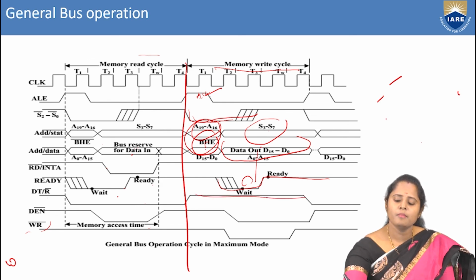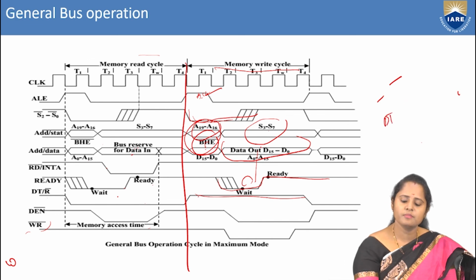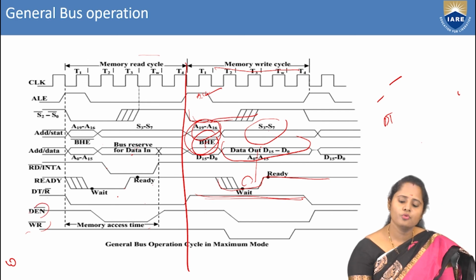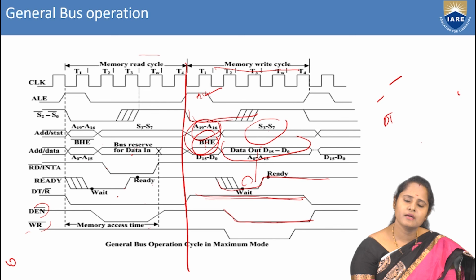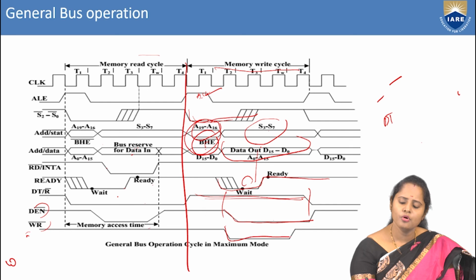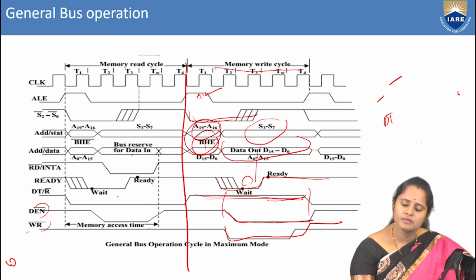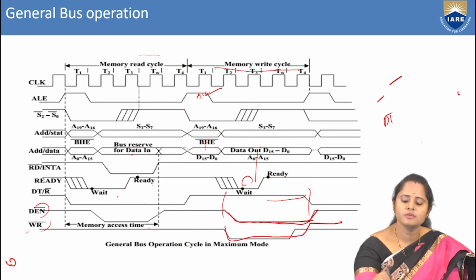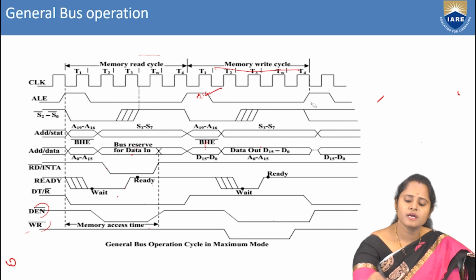DT by R bar is not an active low pin, so this will be equal to high when the data is present. And data enable is an active low pin. It means whenever it is low, the data is present. So this is low for this time period. And next, the write operation. The write operation is also an active low pin. So this will be low only when the data is present on DT by R bar, and only when the time periods of data enable are low. This is an overall timing diagram of how the bus operation is done for each time period,